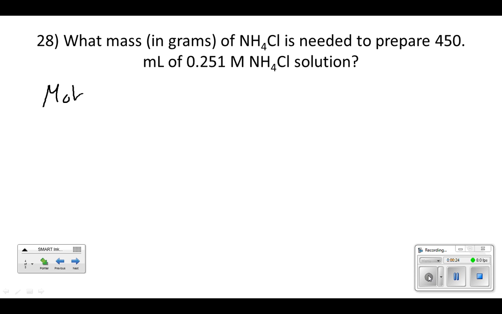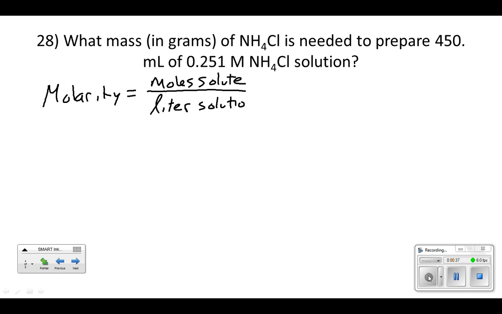Molarity is the moles of solute over liters of solution. So in this problem, they give us a molarity. That molarity, I'll find it right here, a molarity of ammonium chloride, and they give us a volume, goes around the corner here, of